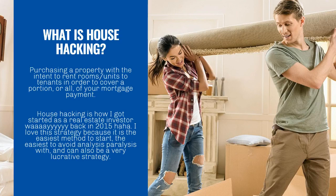So, house hacking, right? This is how I got started in real estate. Back in 2015, I read Rich Dad Poor Dad. Then I read all the Bigger Pockets books, and I was hooked. And I got into house hacking. I used an FHA loan because I didn't know anything about the VA loan, and I got talked out of it by my lender, who said you could only use it once, which is wrong. And I bought a duplex, and I bought that duplex for, I believe, $81,000,